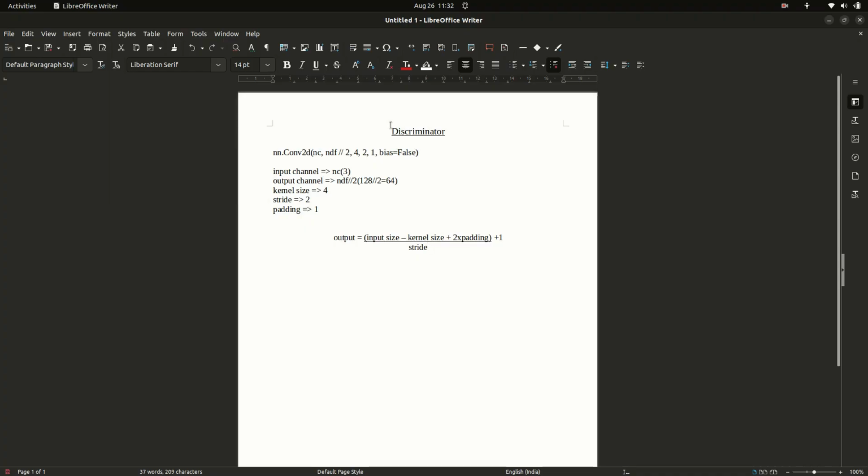So after convoluting over the input of 128 cross 128, I am getting 64. Then again in the next layer I am getting 32. After that I am getting 16. After that I am getting 8, and at last I am getting 4. That means my output after every layer is getting shrunk. Okay,